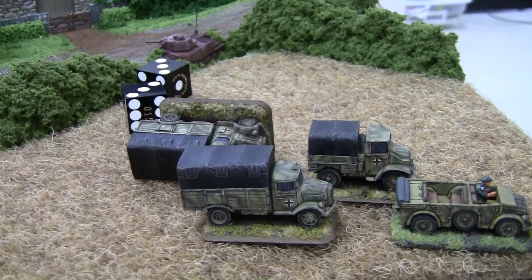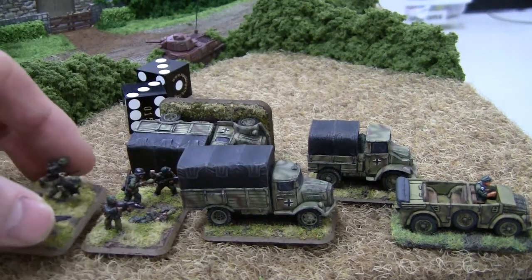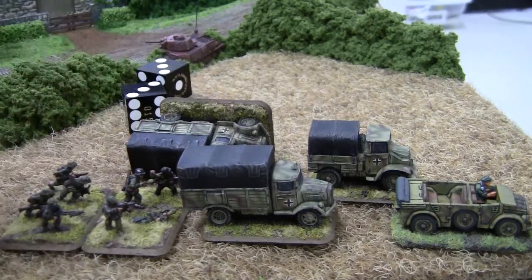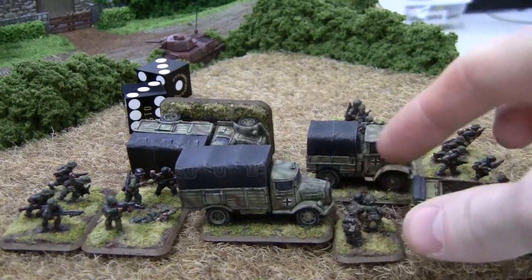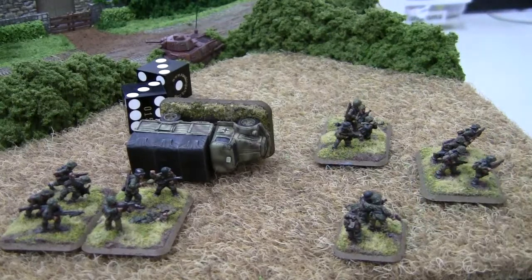So what that means is all these other transports, their guys have to get out, okay? And they can be placed up to 2 inches away from the vehicle compartment, I believe it is. So these 2 will get out of the back of this one. These 2 guys will get out of the one in the front here. The command also jumps out. So he jumps out, and I'll put him just back here. And then removed, removed, removed,